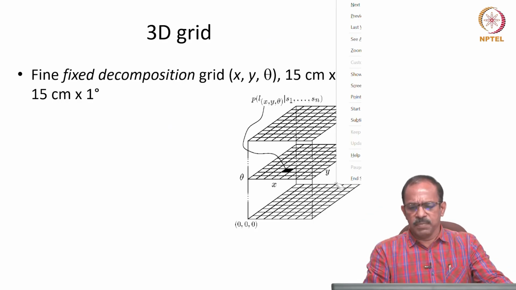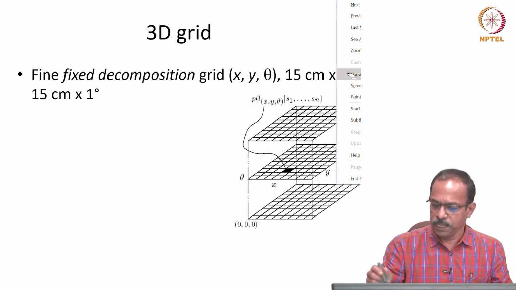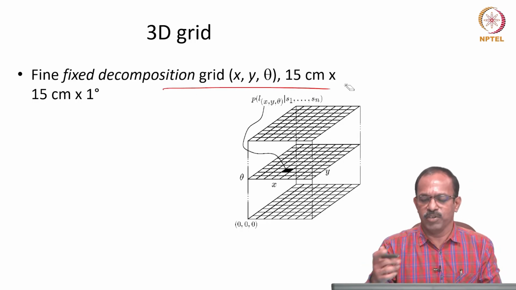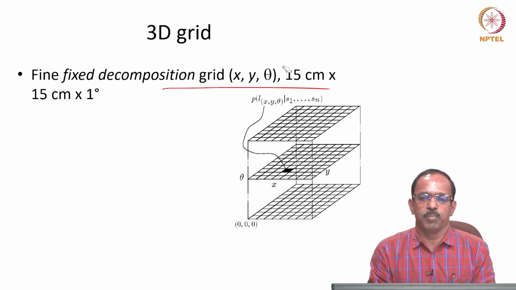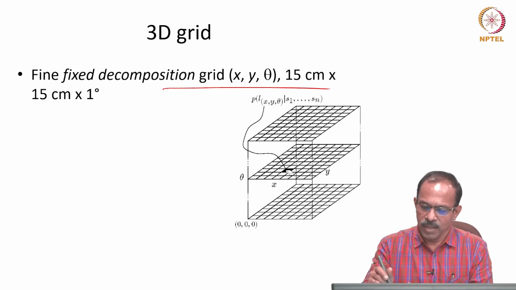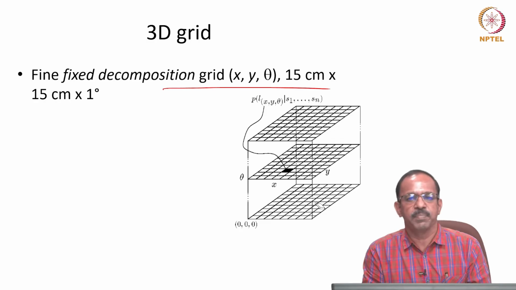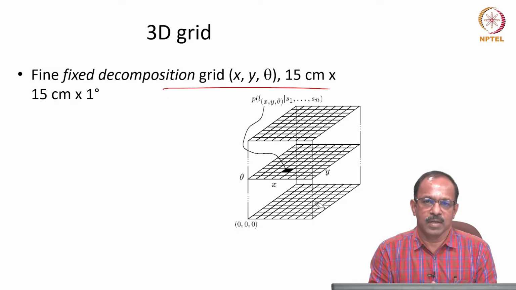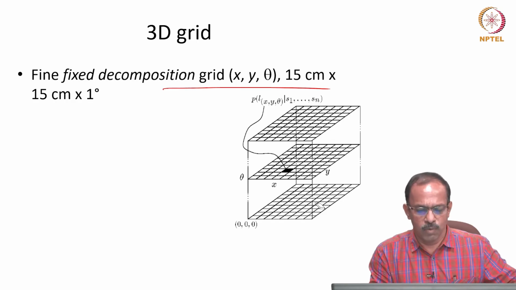This can be applied for a 3D grid also. If you have x, y, theta and a 15 by 15 grid, then you will need a large grid, and you need to update this x, y, theta for every grid cell and do this computation for every movement. You need to compute the probability for every state, update the database and find out which one has the highest probability. That will be the position of the robot, or you will be able to find the distribution. That is the basic principle of Markov localization.